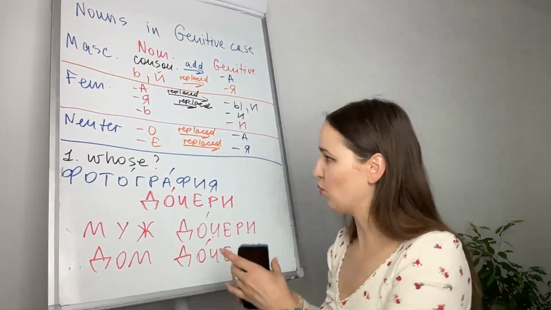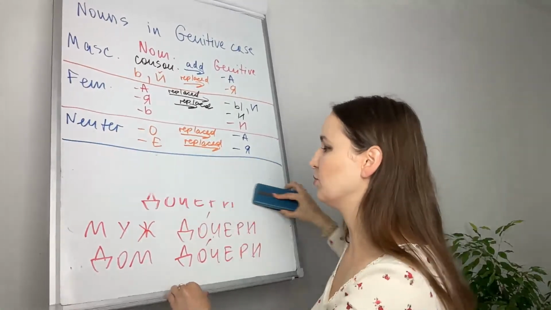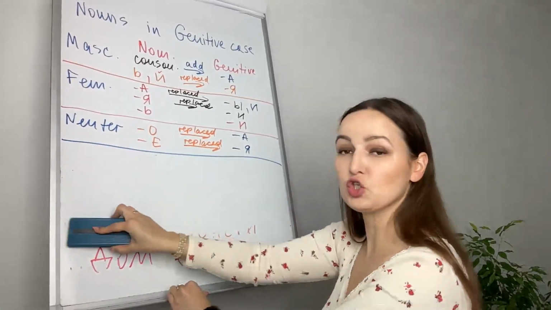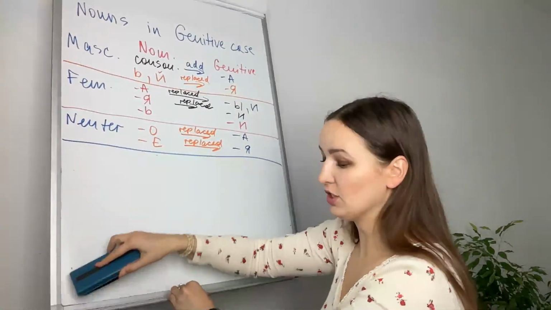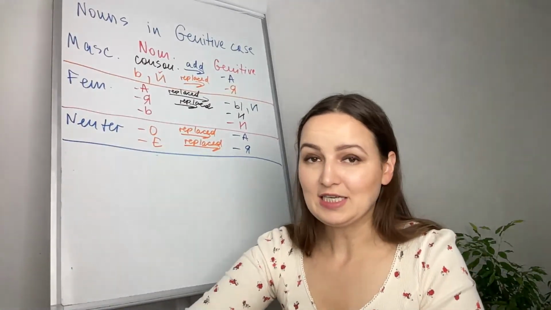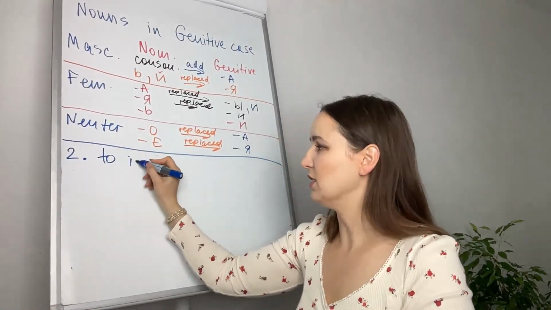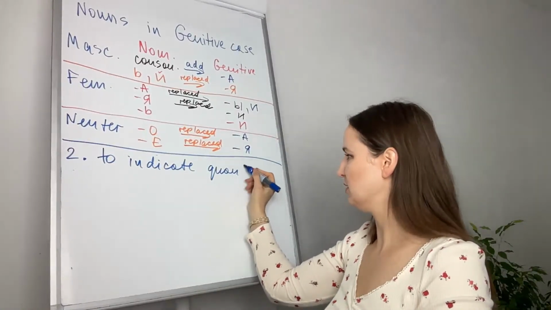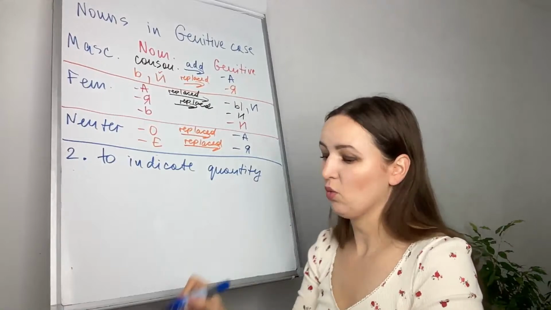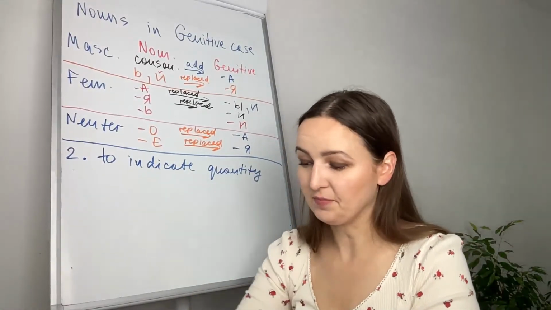Another situation when we use genitive case. The first one was about possessions, answering the question whose, and we use the genitive case. The next situation is to indicate quantity. We use genitive case to indicate quantity. For example,